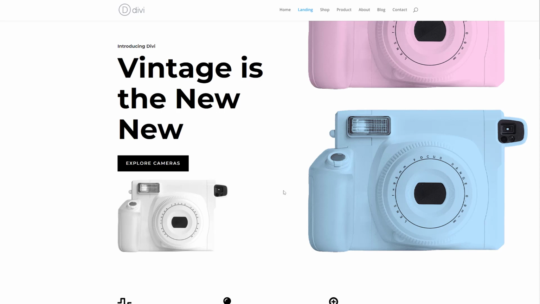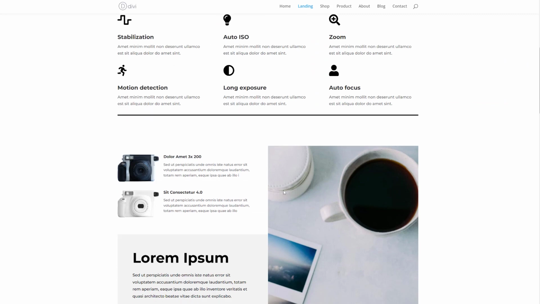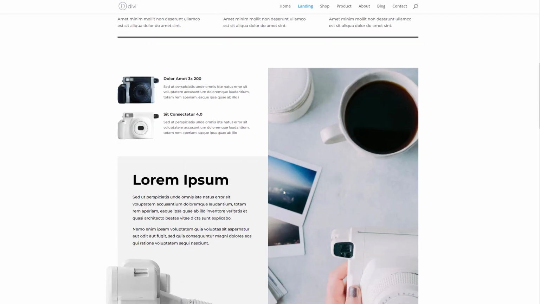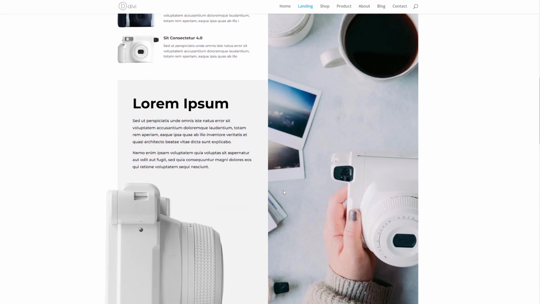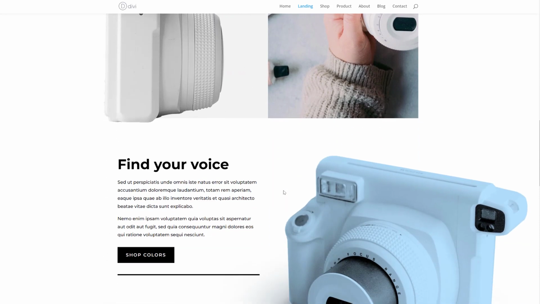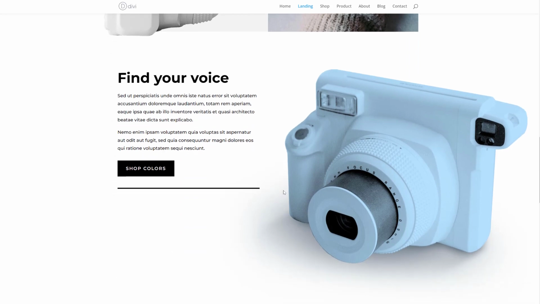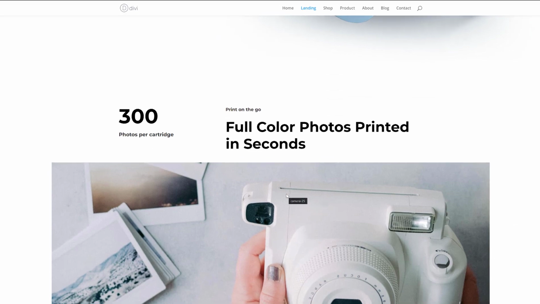Alright, so let's take a quick look at the camera product layout pack for Divi. This is the overall look and feel that you can expect from it, really clean and modern, and there are a lot of images included which you are free to use without any restrictions, but you can also easily replace them with your own images. So if you're looking for a layout pack that focuses on products and product images, you should check this out, and you can do that by going to